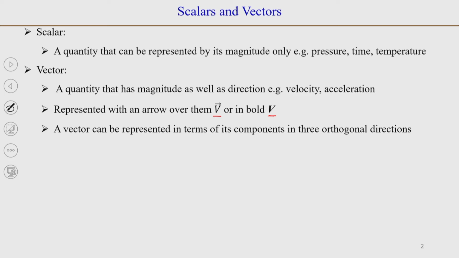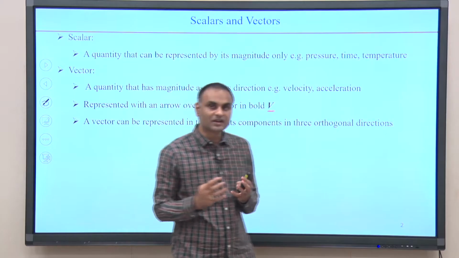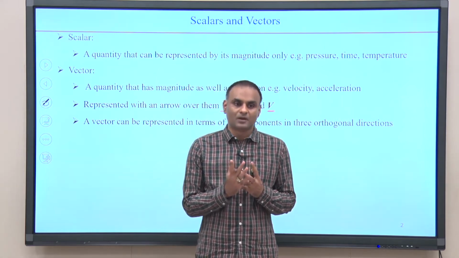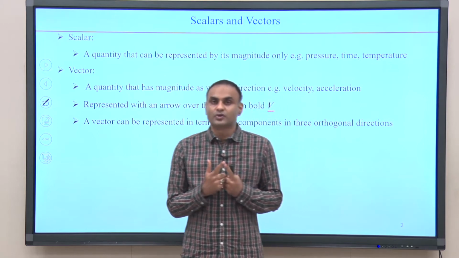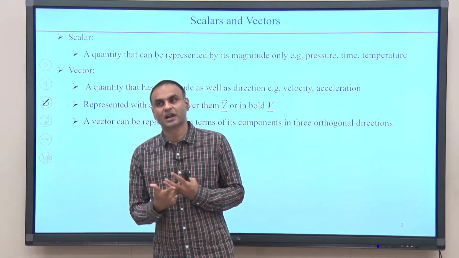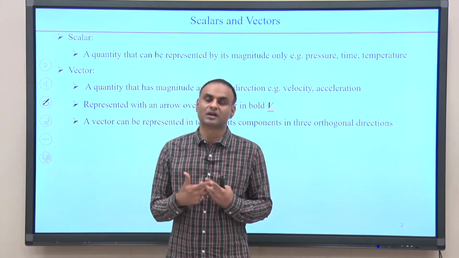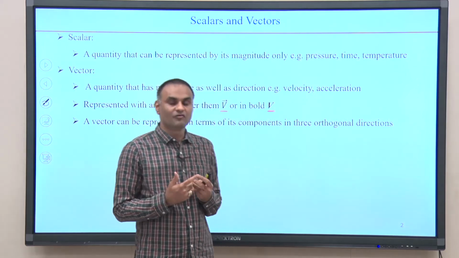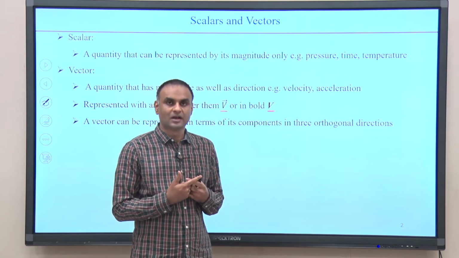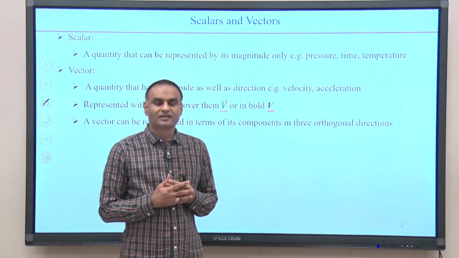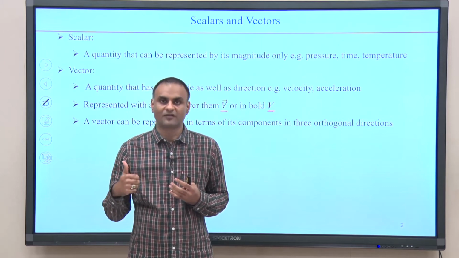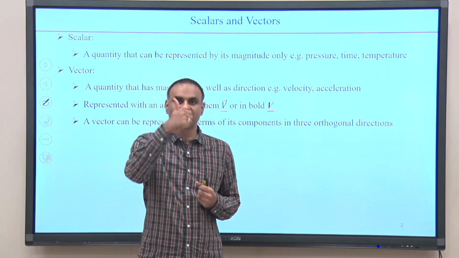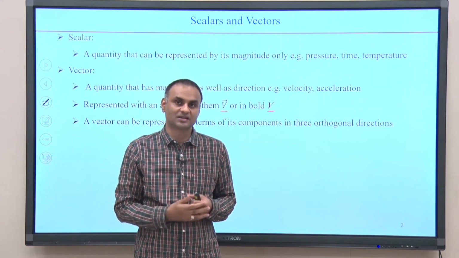So, vectors, because we are representing their direction, and in space we can decompose them into three normal components. So, in general, what we will be looking at in this course is the Cartesian coordinate system. So, x, y and z directions, we can have the components of vectors. We can also have the components of a vector in the cylindrical coordinate system, where we have the r direction, which is the radial direction, the angular direction, which is the theta direction, and the axial direction, which you can say is the z direction or x direction.